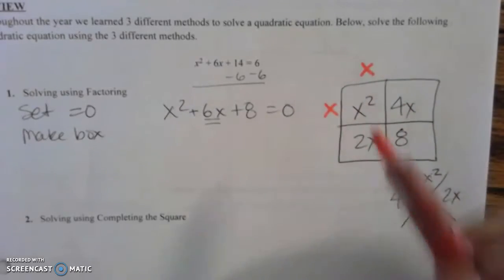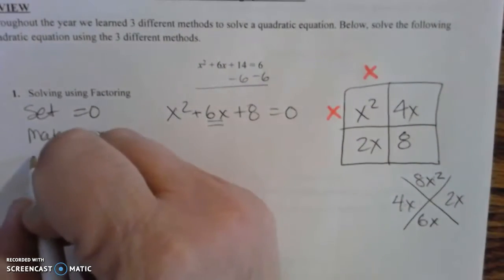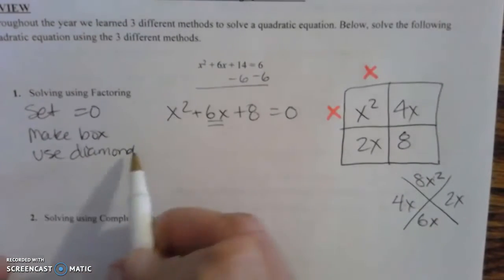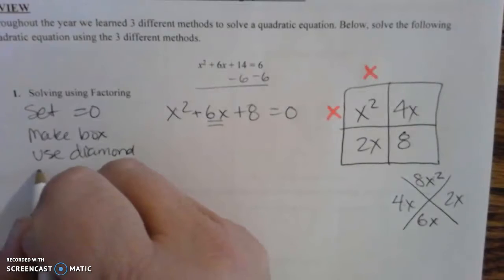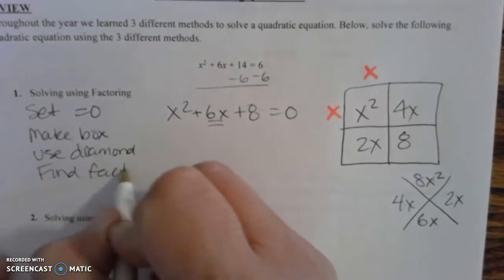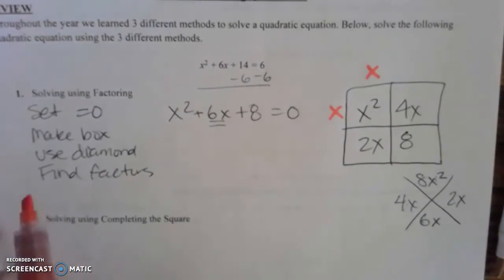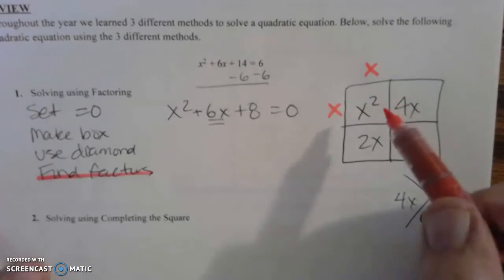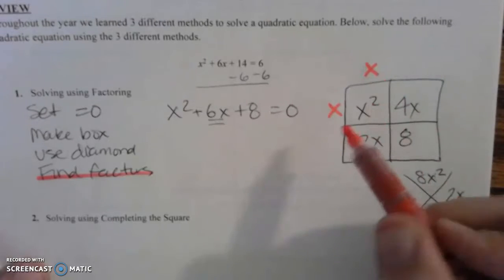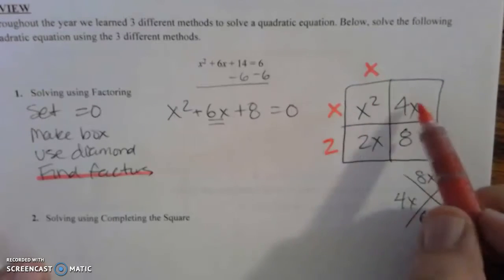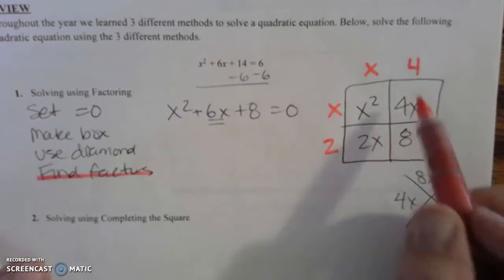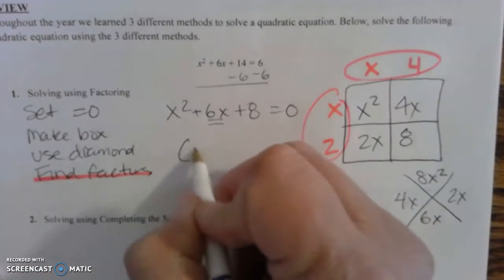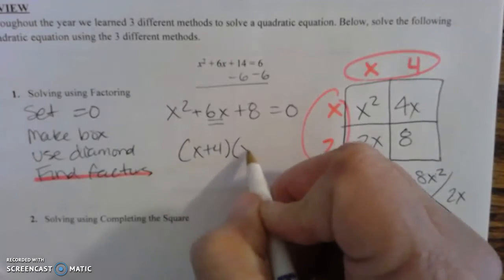X, okay, make box. Use the diamond. I'm putting the little steps in here. The diamond is this step right here, and then find the factors. That's what I'm doing in orange, finding the factors. X times x makes x squared. X times what makes 2x? That would be a 2. What makes 4x? That would be a 4. 4 times 2 is 8. So then these are our terms right here, and they're all positive, so we get x plus 4, x plus